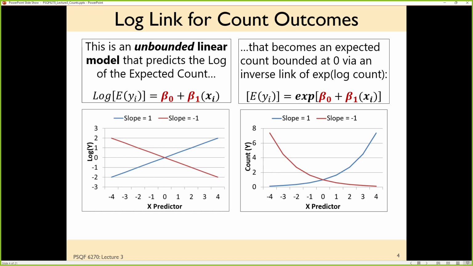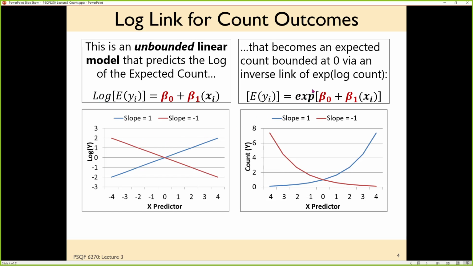But we don't need a Logit Link function, because Logit Link functions are to create unbounded outcomes for outcomes that have two boundaries, an upper and a lower. This one we only have a lower boundary, and so we can use a log, natural log. So if I put in a linear effect of a predictor x in predicting the log, that is what it would look like in this plot on the left.